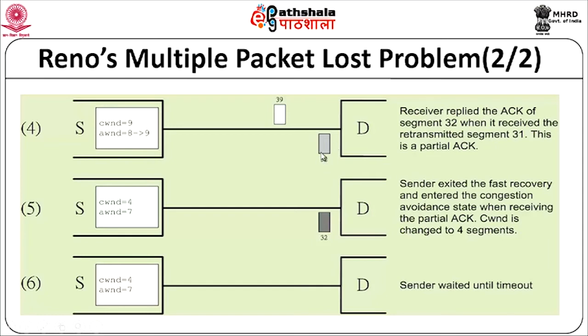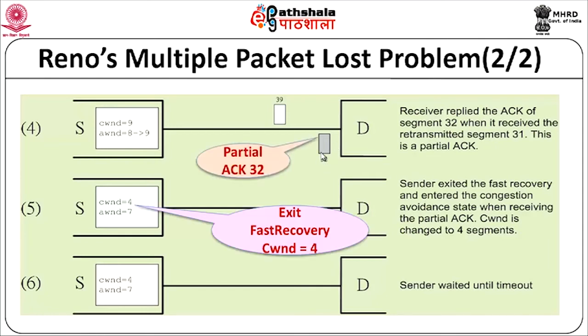Okay. On receiving this partial ACK, what will you do? Reno will exit the fast recovery mechanism, right. It is a partial ACK, but Reno does not recognize it as a partial ACK. It recognizes that as an ACK which is greater than what it had retransmitted. Therefore, it will exit that fast recovery mechanism, set the congestion window to 4. Now, it has already sent 4 packets for which it has not yet received acknowledgements. Therefore, it cannot transmit any more packets, okay. And so, it will wait until the sender times out, and only then it will again be able to send any more packets to the network. Okay. So, this is the problem as you can see from this example, right.